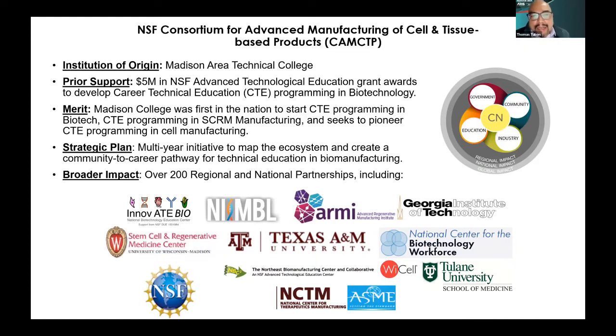because we were having that kind of an issue with getting the information out there, we flipped the paradigm, and we asked the question, well, what do we need to do? We need to listen to our industry stakeholders a little bit more closely. So we designed a multi-year strategic initiative to map the ecosystem and to create that community to career pathway for